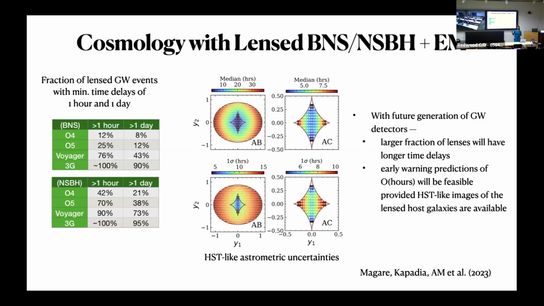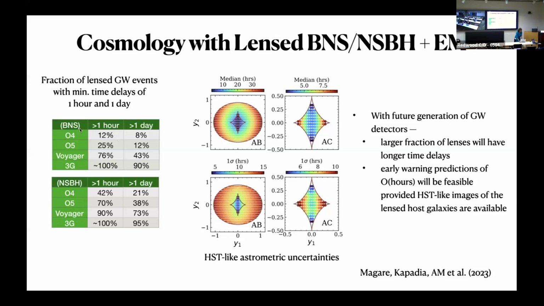So like you heard from Maryam, how important it is to be able to catch the transient at its rising phase. So if we are able to identify a lens transient candidate and quickly model the system, we can make predictions for the time delays, and we can then make sure that the telescopes are following those particular systems very early on, so that we can catch them in the rising phase.